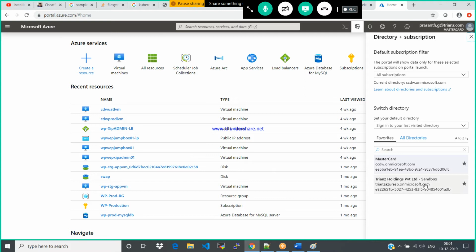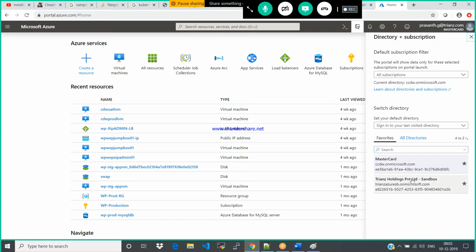MasterCard is one directory, Sandbox is one directory. There is no relation between MasterCard and Sandbox. They are all different domains. But being a user, I am the architect for both of the directories. Getting it or not? So my username is what?